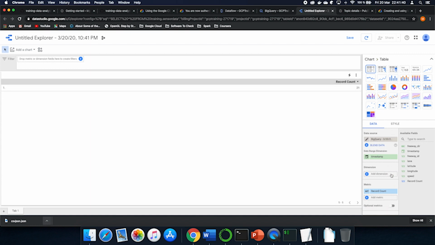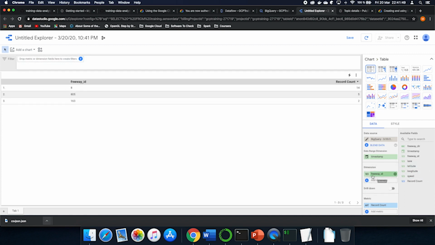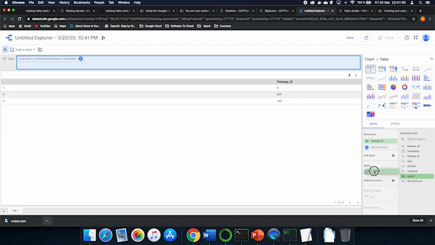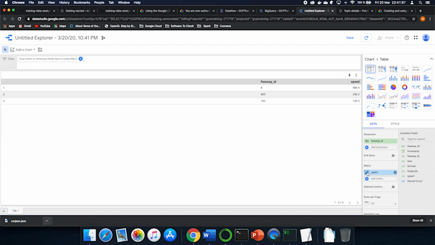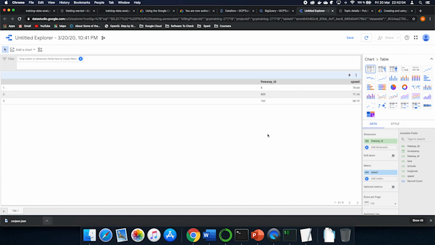Okay, so first of all we need to choose the dimension, and our dimension will be the freeway ID. And then we can choose what to check. And look, we could put here the speed, and we have the sum of the speed. Or we can do the average of the speed. You see? And here we have the average of the speed on the highways.